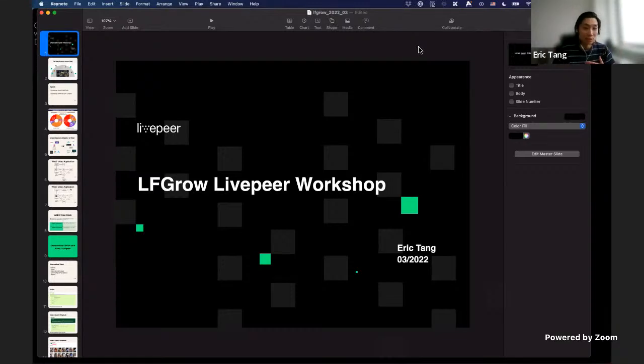LFGrow and Lens Protocol is a really exciting new protocol that we've been working with for a while now in the background, and we're excited to be participating in this session where we get to see a lot of exciting new ideas come out this weekend. Obviously, social networking and video is so intertwined today that it's hard to imagine building a social app without some kind of video component to it. And so Livepeer is really excited to be participating here.